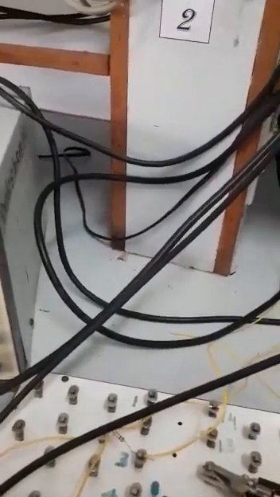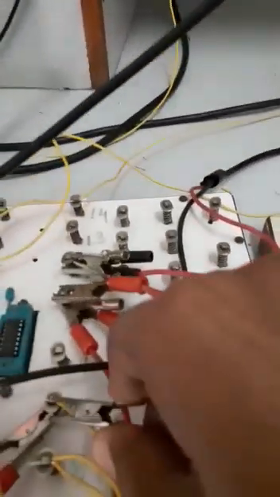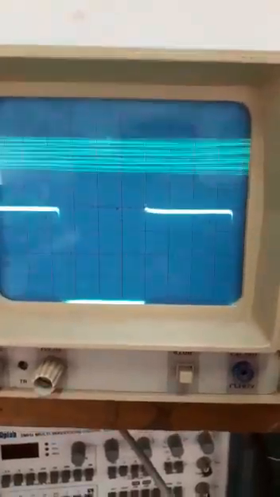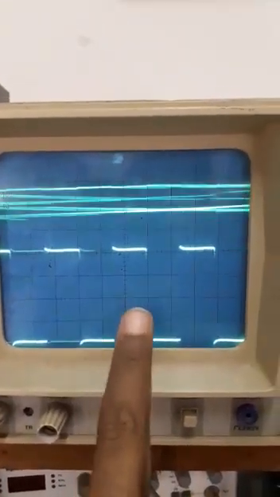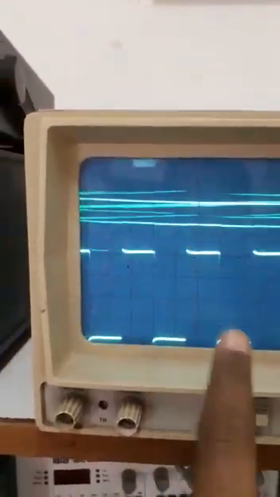Okay, similarly now I will show you the carrier signal, which is given to pin number 11. So this is pin number 11. Now this is going to be a carrier signal, and you can see that it is of a high frequency. Let me change the time base now. See here. Okay, so this is the high frequency carrier signal, a square wave, positive and negative.